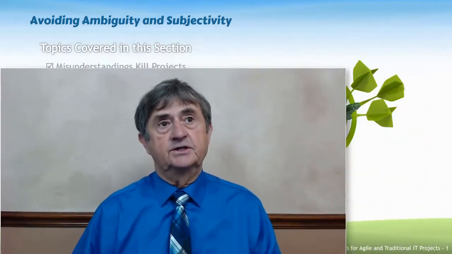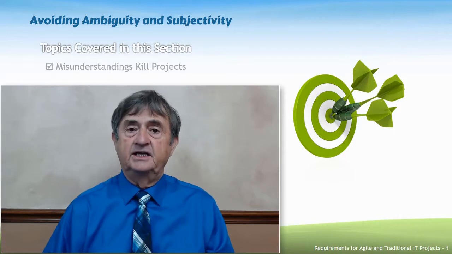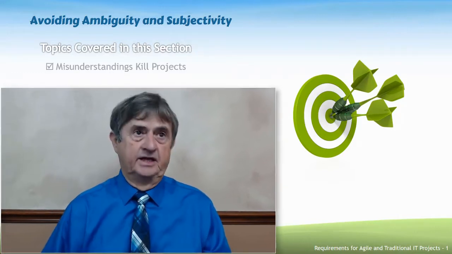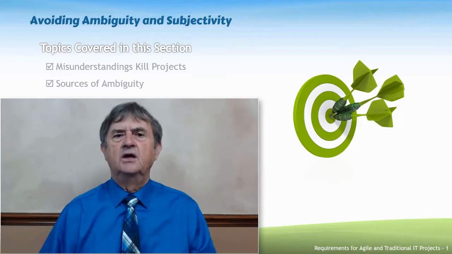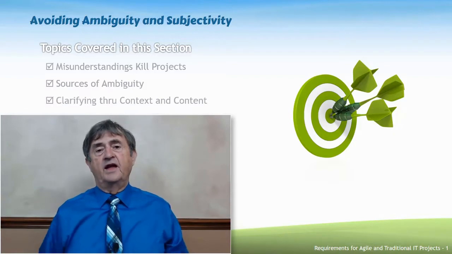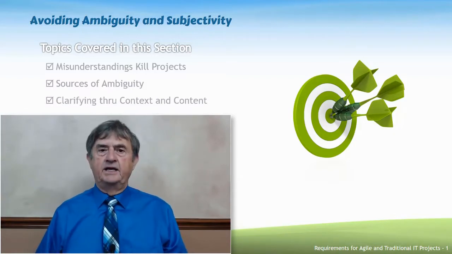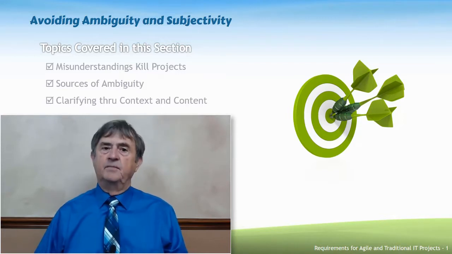What we're going to be covering in this section are misunderstandings, why they kill projects, how we can identify them, and how we can avoid them. We're going to talk about some of the sources of ambiguity, how it comes in, what is ambiguity, and how does it express itself. We'll find that ambiguity can be eliminated by clarifying context and content, both of the dimensions of things that we need to understand